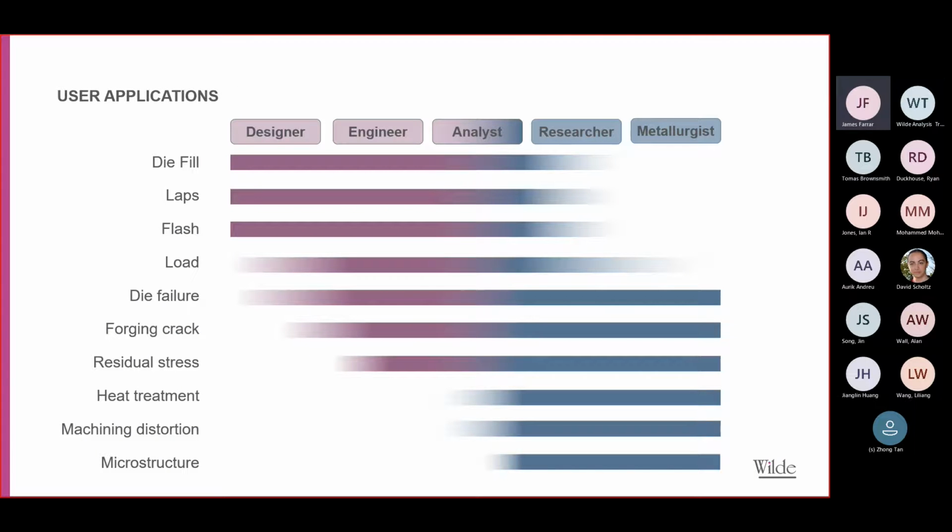Typical user applications for DEFORM, covering those processes from die fill down to microstructure. The software can cover all of these applications, but we need to decide on how we train people to understand the tools and how they're going to be applied. For basic simulations like die fill, laps, flash prediction, and load prediction, we have a set of entry-level tools which are used typically by designers and engineers who are just looking at that process design and understanding how the material's flowing. But when we get to the other end of the scale, when we're looking at metallurgy,